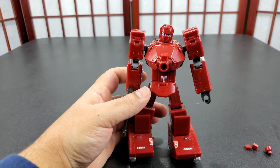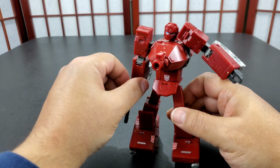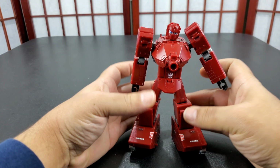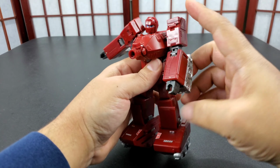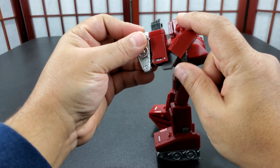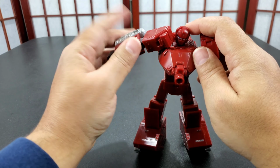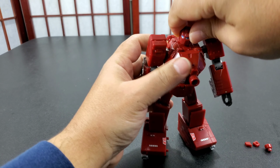So I will go through articulation right now since he's in robot. Holds his gun well. It's just a peg. Hands are fixed, so that doesn't do much. You get the arms up to there, all the way around. He has double jointed elbows, kind of, not really double jointed. It breaks the sculpt, but you get more than 90 degrees. He has these things up here that you flip down. I was trying to flip them up like little missile pods, I guess, or screws showing. His head goes up and down. He goes around,